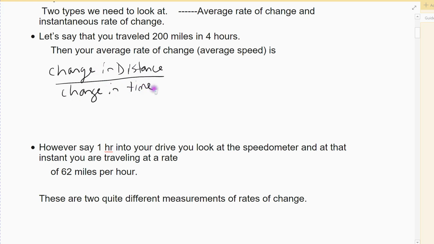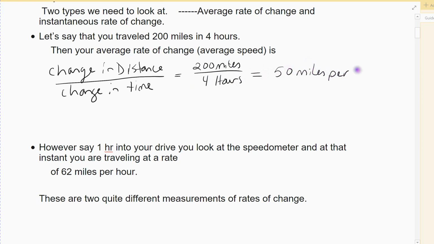And then you'll see that that's a slope, right? Slope is a change in y over a change in x. Well, y happens to represent distance, x happens to represent time. And so it is a slope. A speed is a slope. Well, our change in distance, we traveled 200 miles in 4 hours. The change in time, right, was 4 hours. It took us 4 hours to do that. And then you do the division. You take your 200 divided by 4, and it comes out 50